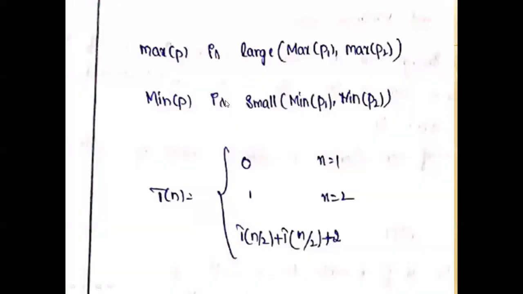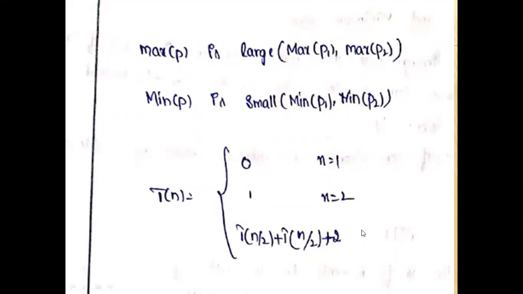Here is the time complexity for maximum minimum by using the divide and conquer method. Suppose the array has only one element, there are no comparisons, just the maximum value and minimum value, so the number of comparisons is 0. Suppose the array has two elements, the number of comparisons is 1. Suppose the array has more than two elements, the number of comparisons is 2.